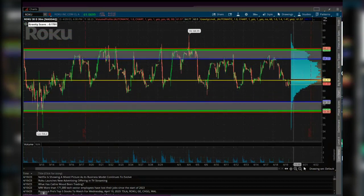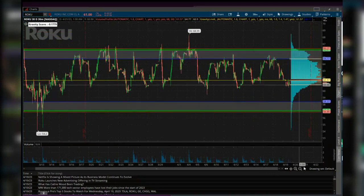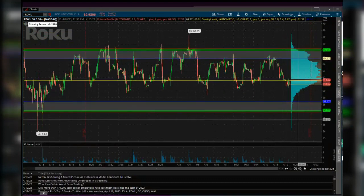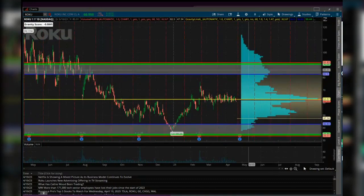And then you've got, I don't know, it's kind of hard to tell whether or not this is a nice consistent bid and building bids. It's testing this 60.88. If it drops below 60 meaningfully, you could be looking at a run to 57 or something like that, which might be enough to take out of this trade. Let's do one last zoom out and see. This whole thing, longer term, has a pretty significant bearish bias. So, with that 5-day looking bearish and the overall tone long term looking bearish,